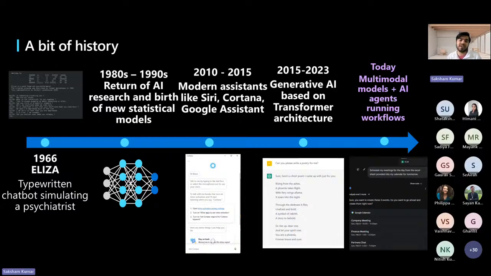So today we have moved from rule-based bots to systems that see, hear, reason, and act across workflows. We already have generative AI and transformer architecture as the base, but now we have added images, PowerPoints, and Excel sheets. We can make projects out of it. You can write code, and multiple agents are working together to bring this to you. And it's not just answering questions; it is doing everyday tasks for you, which we call agentic AI.